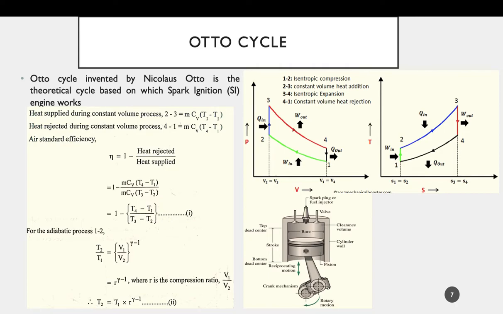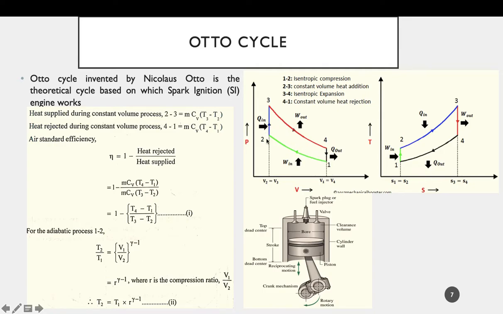So the Otto cycle, as you know, was invented by Nicholas Otto. It is a theoretical cycle based on which our spark ignition engine, or SI engine, or commonly the petrol engine, is working. Since here heat addition and heat rejection happen at constant volume, the cycle is also known as the constant volume cycle. If you look into the PV and TS diagram, that is the pressure-volume and temperature-entropy diagram, you can see that